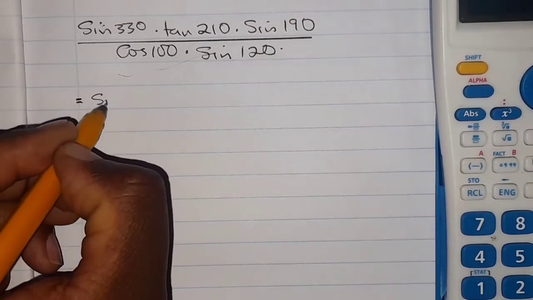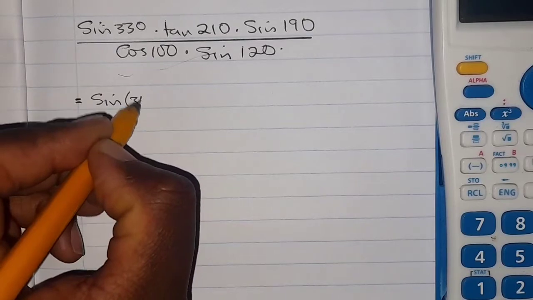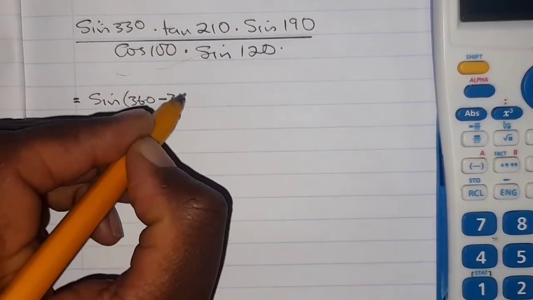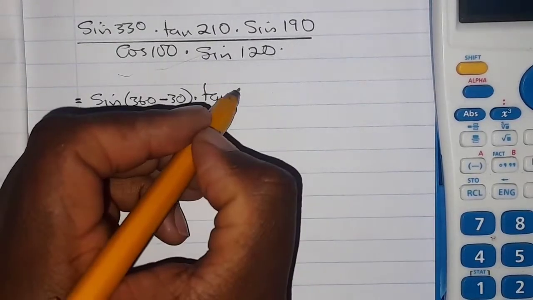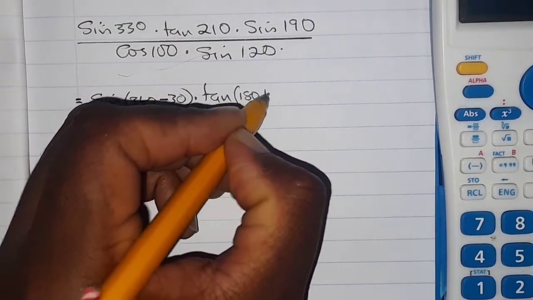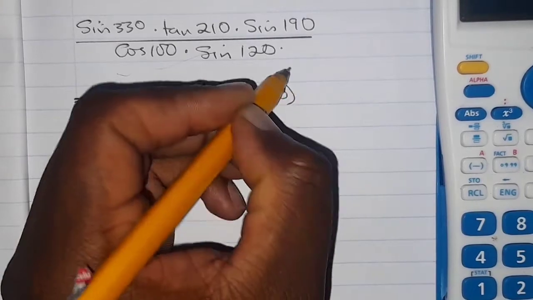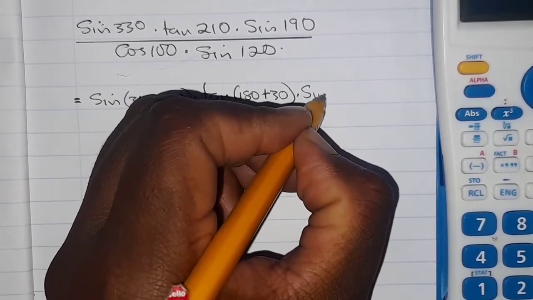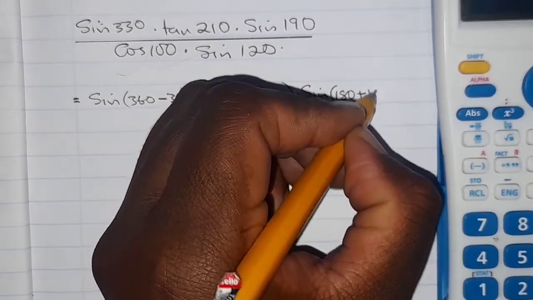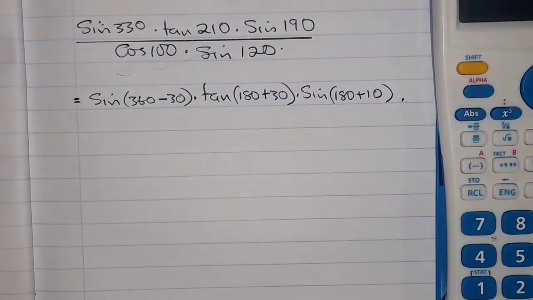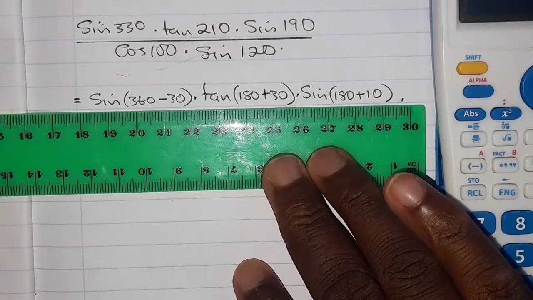It can be written as sine 360 minus 30. Tan is in the third quadrant. This is 180 plus 30 here. And this sine is also in the third quadrant, so it's 180 plus 10 degrees. This is over